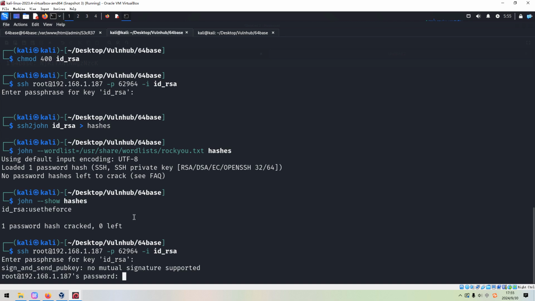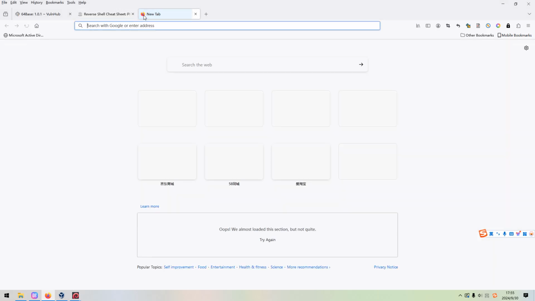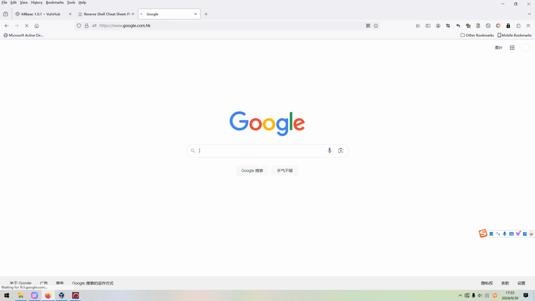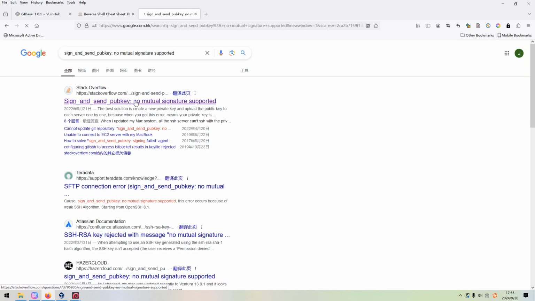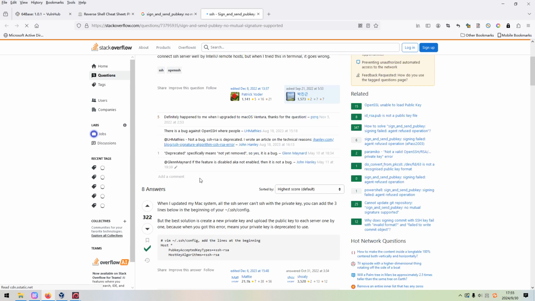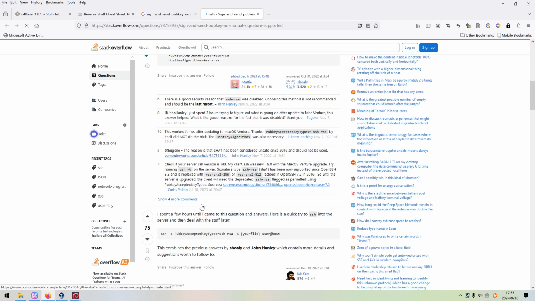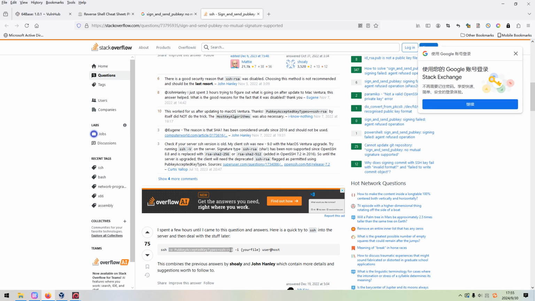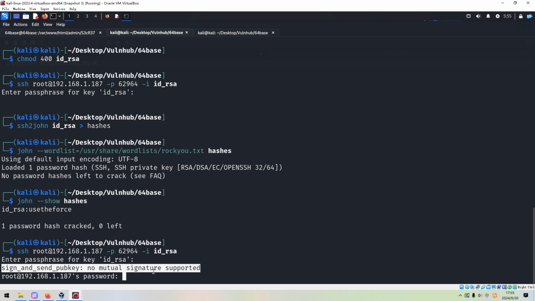However, we got the error, no mutual signature algorithm supported. We can copy. I think this error is caused by the target machine being a bit old. We can paste over here, and we can put the option. Which option? Yeah, this option. We can set it to RSA to avoid this error.